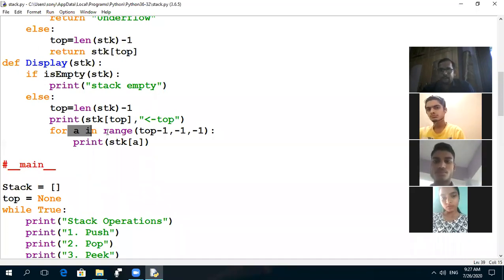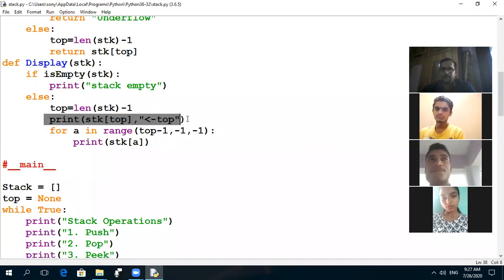According to this range function, for this loop, this condition is false, so it will display only 10. तो 20 यहाँ डिस्प्ले हो गया था, 10 यहाँ डिस्प्ले हो गया. तो only 2 elements are present और बाकी में कंडीशन हमारी फॉल्स हो गई. तो means if condition is false we come out from the for loop. So with the help of loop we can display remaining elements, and the first means topmost element we display with the help of print statement. Is it clear? This display function is clear or not?